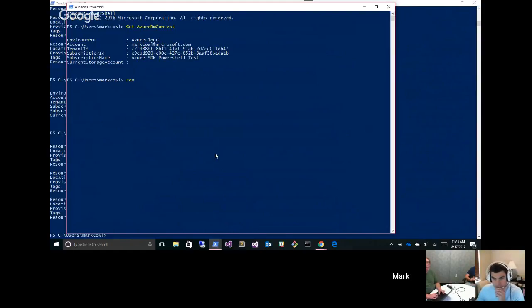But for example, I had that context that was named kind of strangely. So I can do Rename-AzureRmContext. I can pipe and find that context. And then I want to give it a new target name, and I want to call it work1, for example. And that's going to rename the context. And now if I say Select-AzureRmContext here,